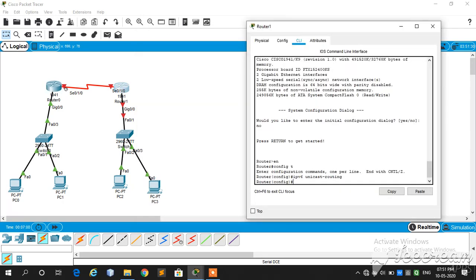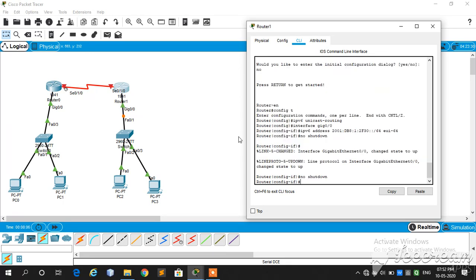For this router we need to first enable IPv6. The command is ipv6 unicast-routing. Then I can enable this gig 0/0 port of this router with the help of IPv6 addresses. Now with the help of this command, interface gig 0/0, assign an IP to this port of subnet 2F30, so that this network assigns the IP address of subnet 2F30 to both PCs.